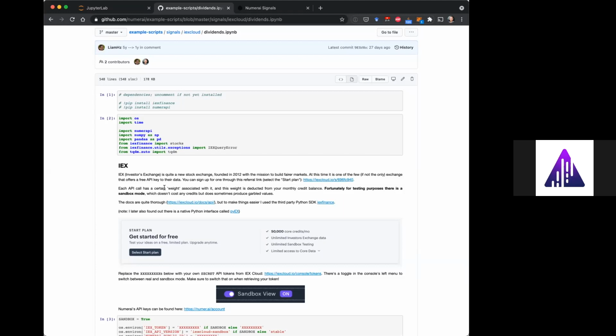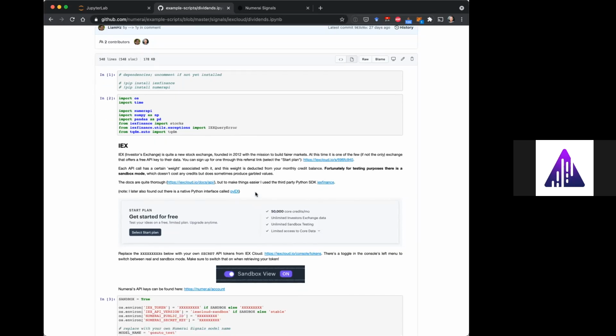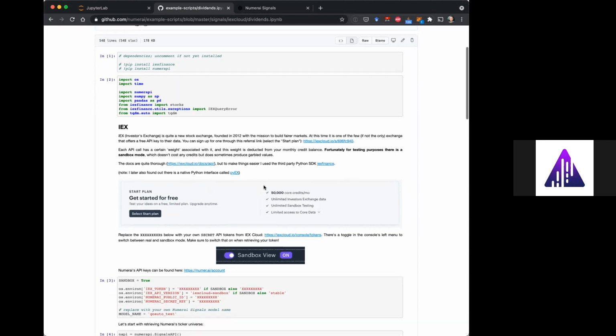Some of the data is anonymized if you use the sandbox view, meaning you won't be able to get names of companies or something. But the data that I needed, the price and the dividends and the symbols, the tickers, they're all there. Although this is only for the US. So I do think that influences the signal quite a bit already, right? Out of the 5,000 symbols, there's only about 2,000 US. And then about half of those don't have dividends. So I end up with about 1,000 tickers that I'm able to submit.